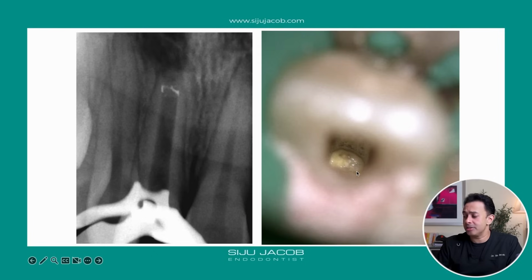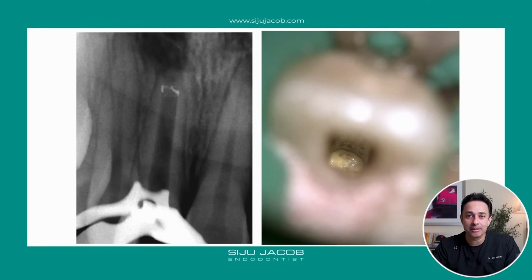By the way, these pictures are taken through the microscope, and this is something that virtually anybody can do. If you get a microscope tomorrow, you can learn how to do this in less than a couple of weeks, or even less. This is very easy, an endo in an upper incisor, and taking good clinical pictures is something that anybody can do.